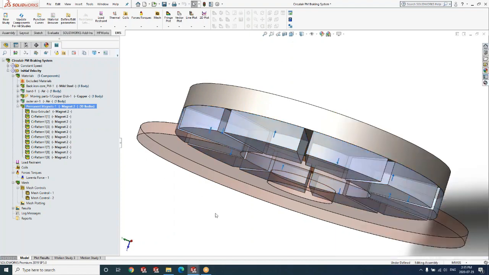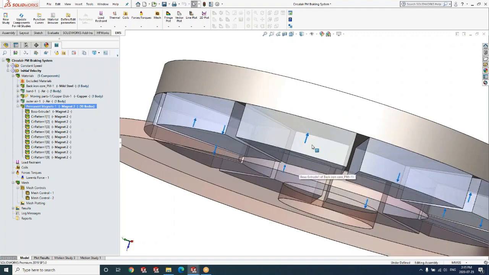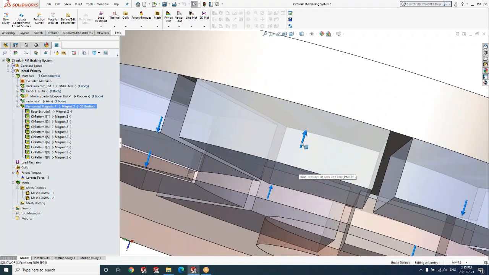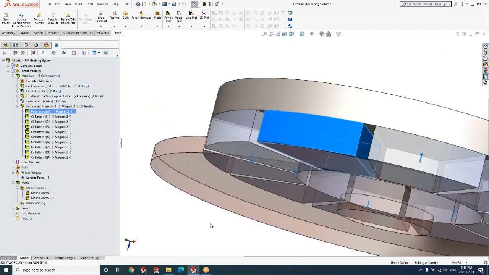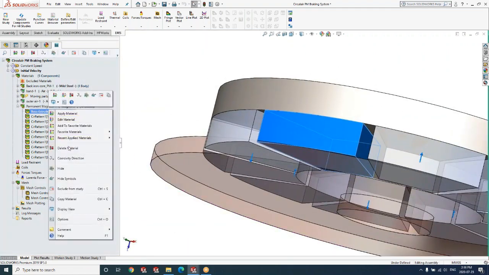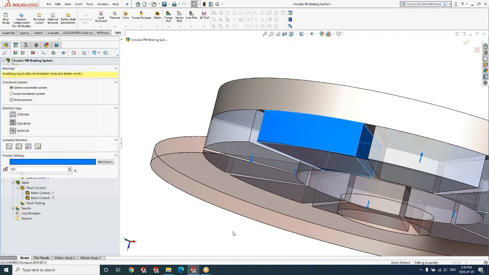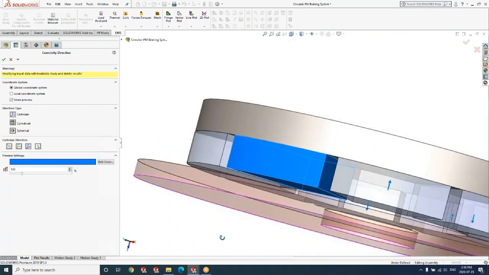Now once you define these materials, I'm going to zoom in, and this is where the magnet directions are established. EMS provides a very easy way for users to define the direction of the magnet. So when you look at coercivity direction, EMS allows you to set up the direction of the magnet either in the global coordinate system or in the local coordinate system.